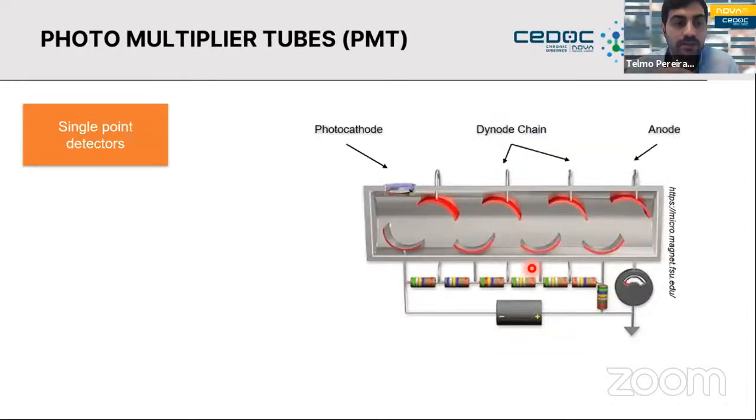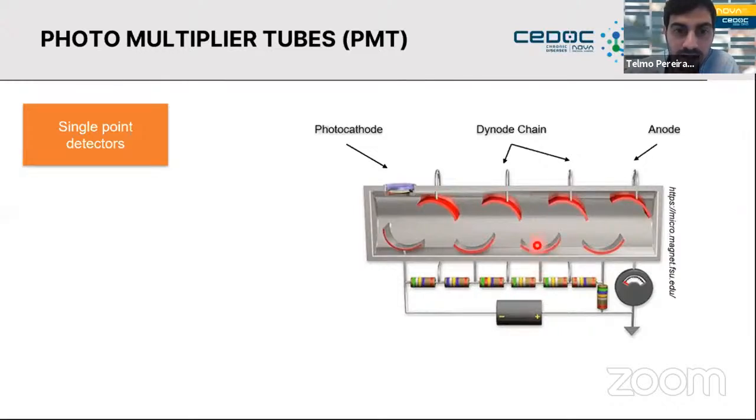So now moving into a bit more detail about the single point detectors. One of the most common ones are the photomultiplier tubes. I'm showing you in this image here. The first element is a photocathode, which will convert the photon that comes through here into an electron. The electron will then be attracted to these dynodes here and will travel through them and be accelerated